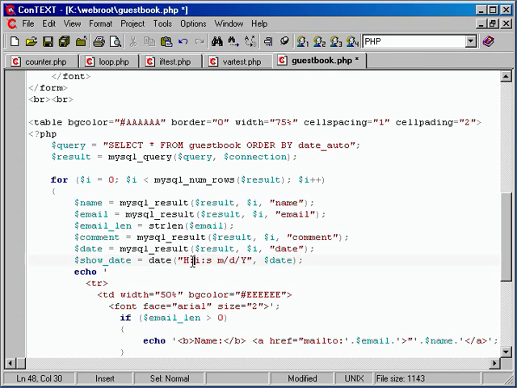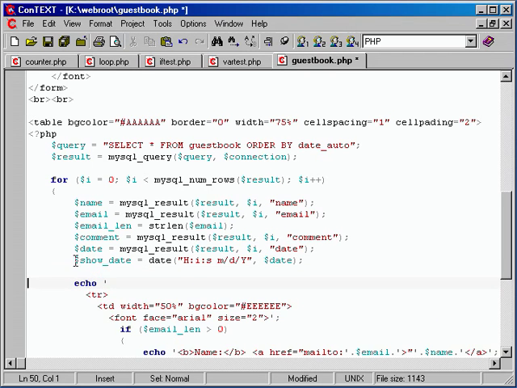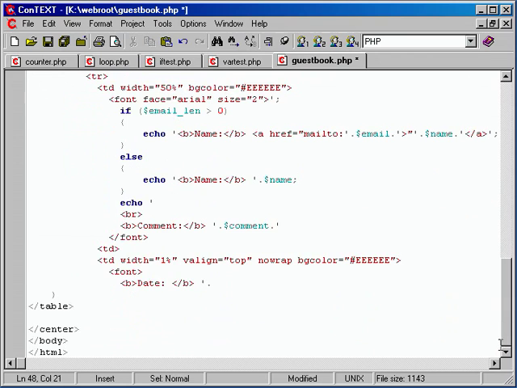Because you can change all this around. Individual characters like these colons and the spaces mean nothing to the function. Only certain letters and numbers, depending on how you specify them, will actually be turned in. Like H will be turned into hours in 24-hour format, and so on. So $show date has the date in human readable format. So we'll echo down here where we're actually showing the date to the user, $show date instead of that really long number. Dot, and then open up the single quote again,